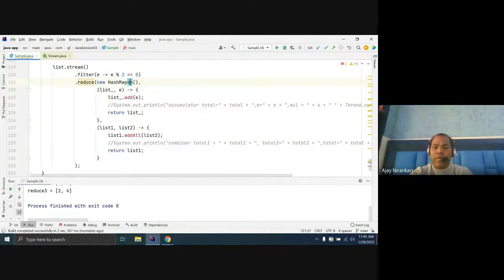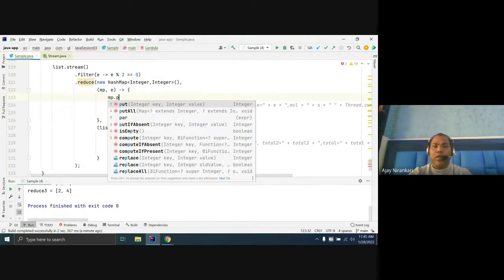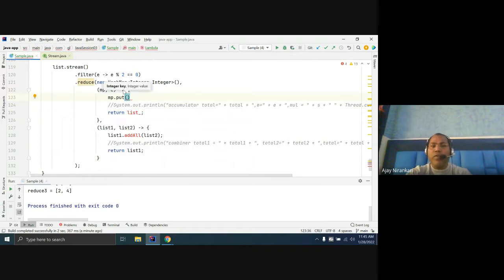A HashMap must take some key and some value. So here you have to decide: the first parameter is the HashMap, the second is the element. What do you want to do? Let's say map dot put, with the key as the same element.